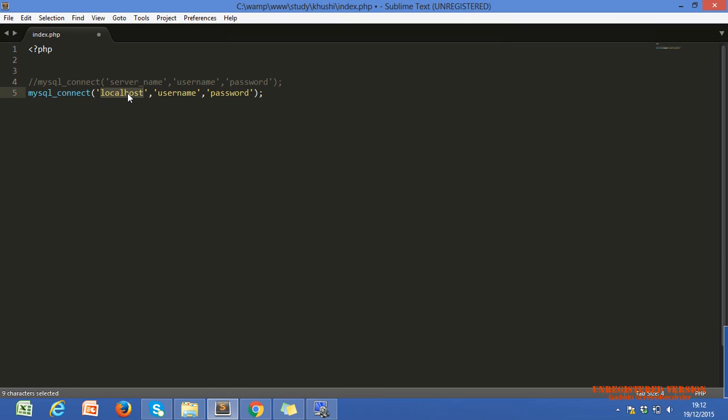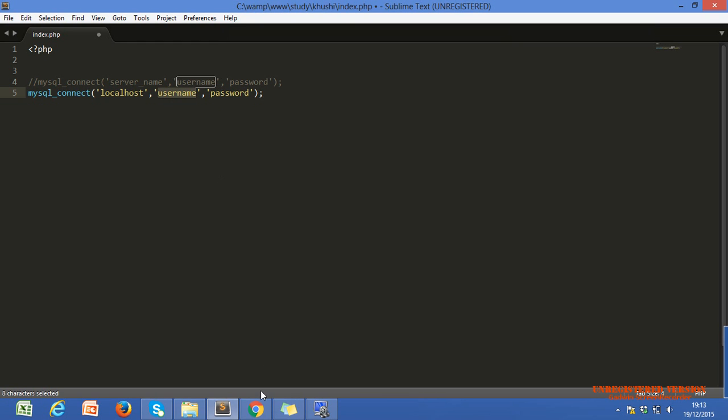We are running all the PHP programs, all the PHP files, on one local server provided by WAMP or XAMPP, which provides a local Apache server. That is called the localhost server. That's why we are entering localhost in place of the server name. If we publish our website to the real web, then we will get a real server name and we have to put it here. Okay, let's move ahead to the username. What is the username?